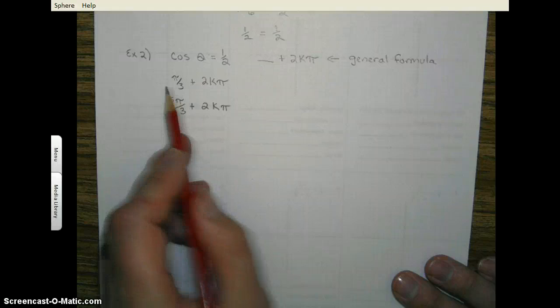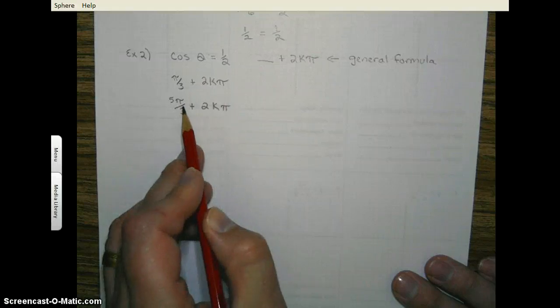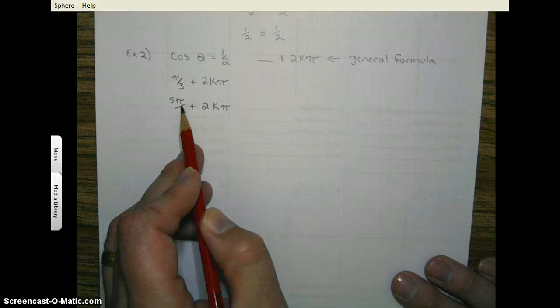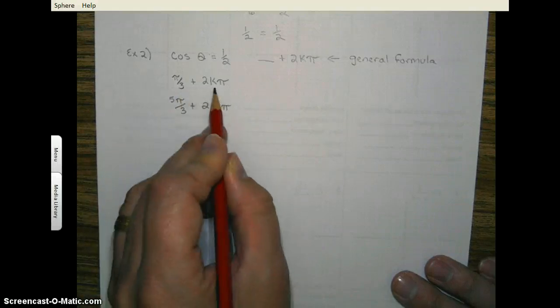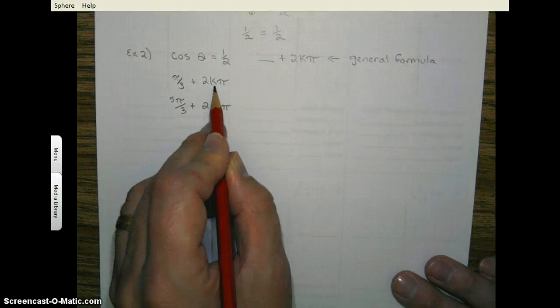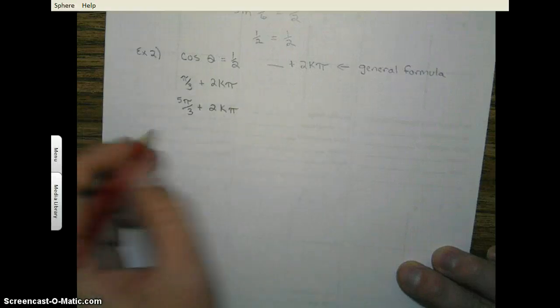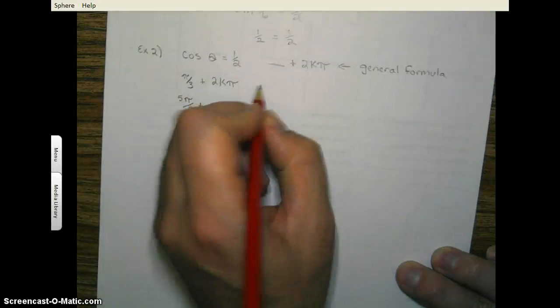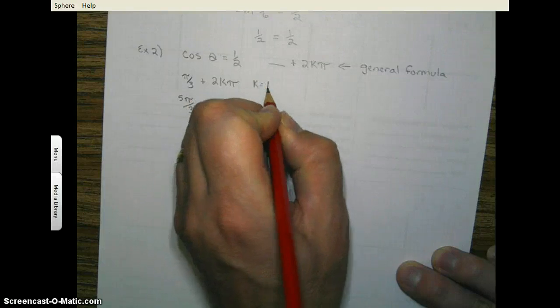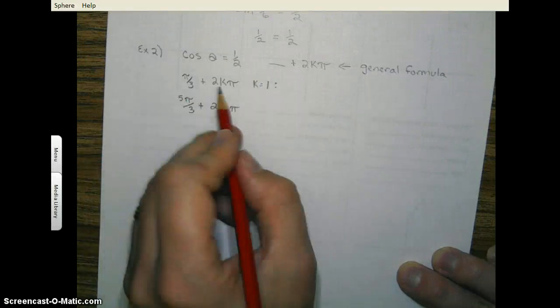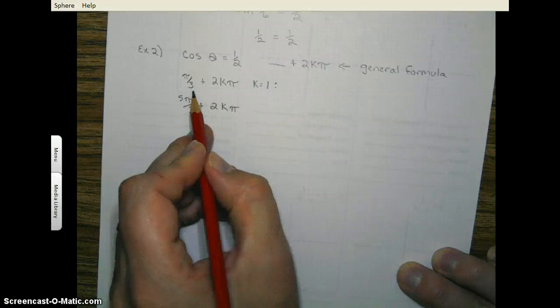Now let's say that I want to get not just one solution, not just 2 solutions, but let's say I want to get 8 solutions. So it's pi over 3 when k is equal to 0. But what if we make k equal to 1? So if we make k equal to 1, what is the solution? It's going to be pi over 3